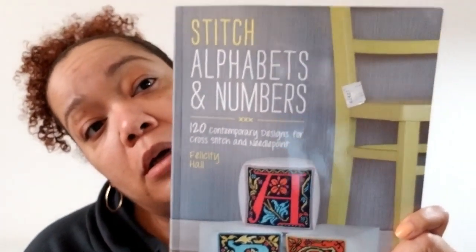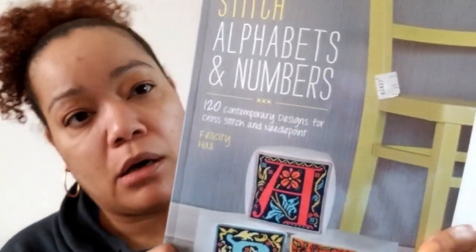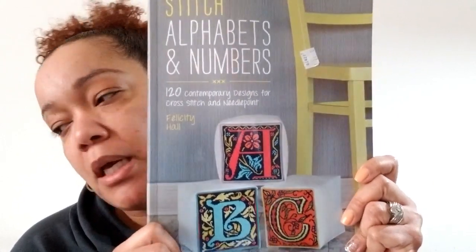Really beautiful. So this is the book, Stitch Alphabets and Numbers by Felicity Hall. Hopefully that's showing right side up. I got this a while ago from Amazon, and because even books can't travel alone,